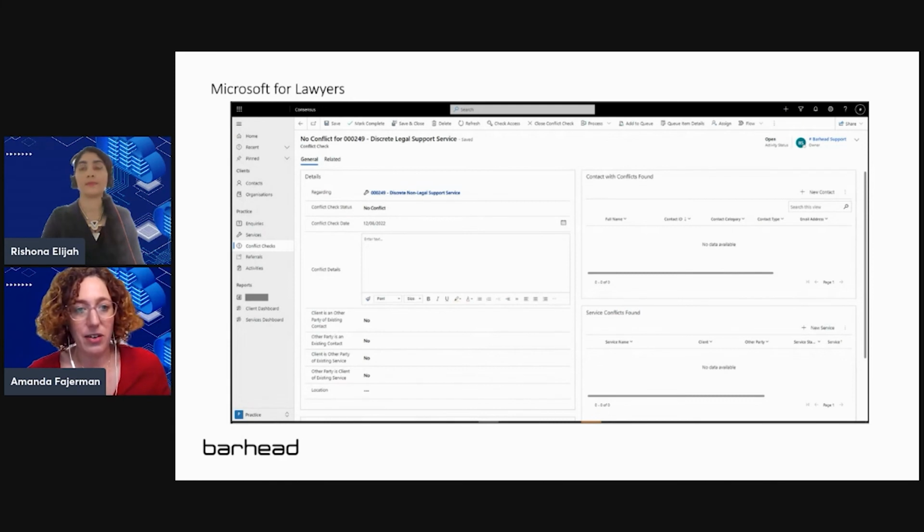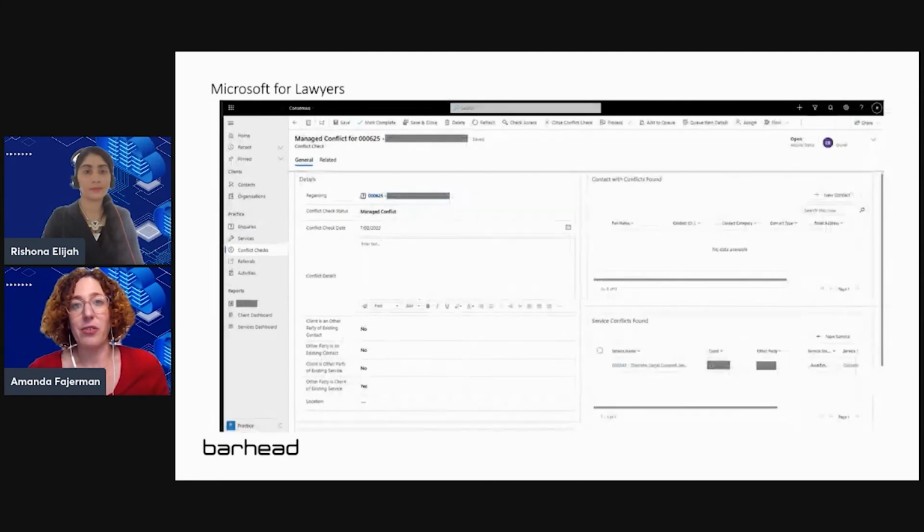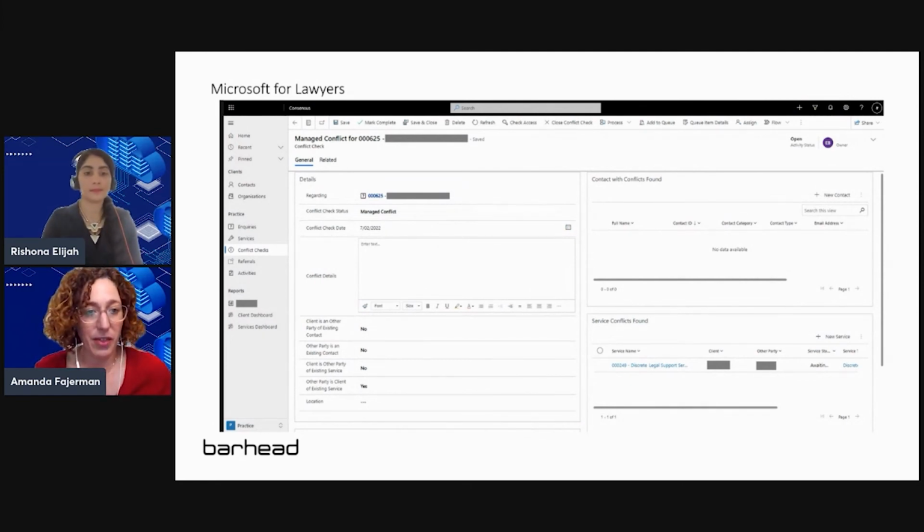All that criteria that is listed there is coming up as no, this client and the other party is not existing within our system. Alternatively, the following screen, you've got, yes, there is a conflict that exists. And in this scenario, the client said, look, sometimes we still want to manage that conflict. So despite the fact that it's coming up there,